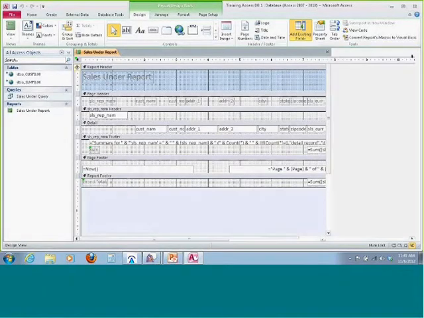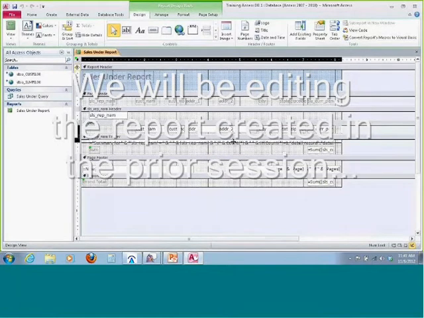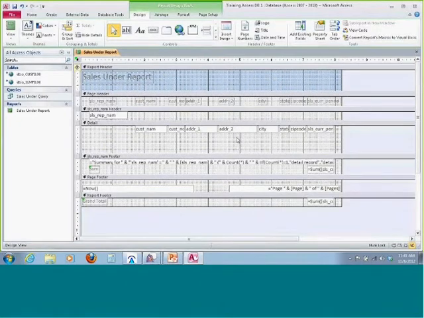At this point, we're going to close this down just to get a little bit better view. I'm going to expand the detail section of the report because I want to do a couple things here. I want to take my customer's address data and stack it. Before I go too crazy with that, I'm going to bump it over a little bit so I can expand these fields. I'm just clicking on them, and it's essentially a WYSIWYG editor, the older term for you,